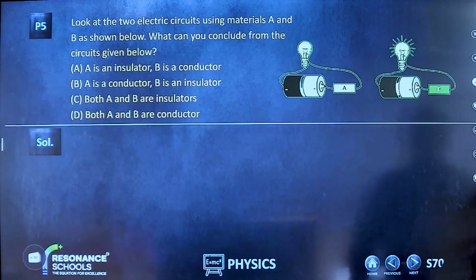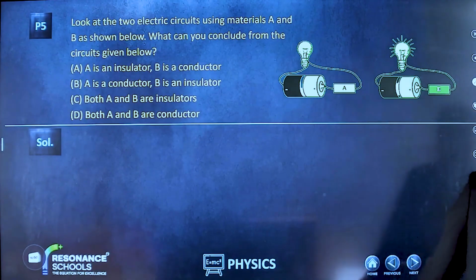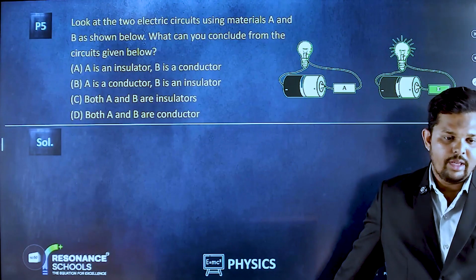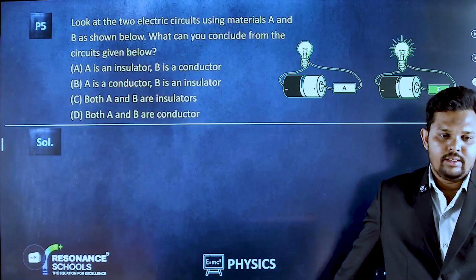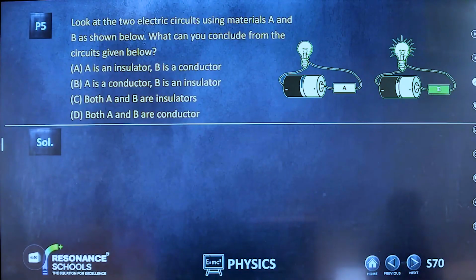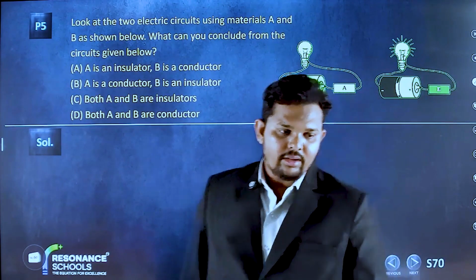Okay, students started giving the answer. Some are saying A, some are saying B. Okay, fine. So shall we start the answer for this? A, B, A, B. So if you are giving A, if you are giving B, let us see about this